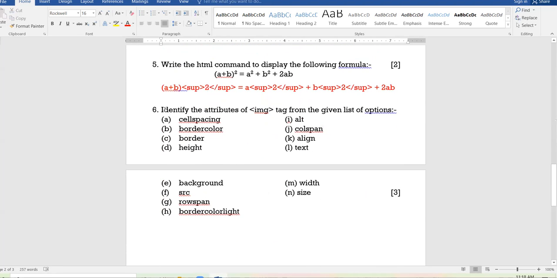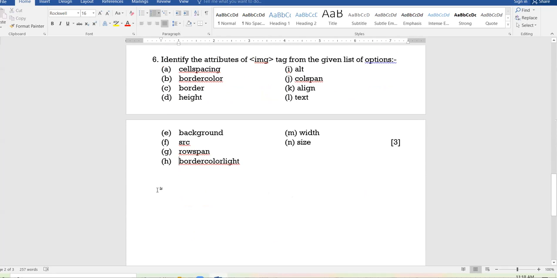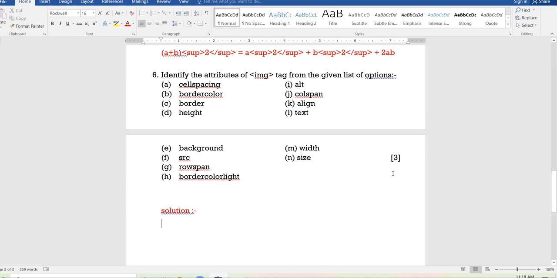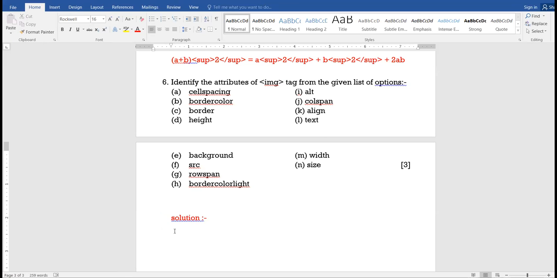Now, the identification question. The best way to do this question is you write the heading Solution here. Then you write the correct option along with the correct letter.